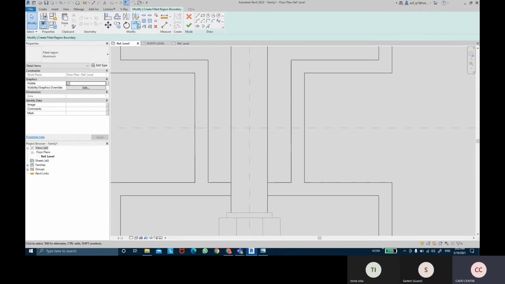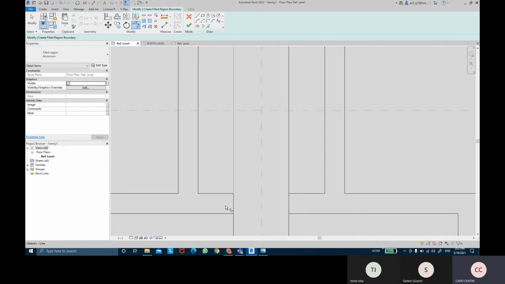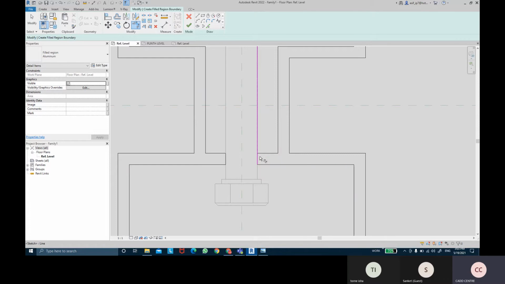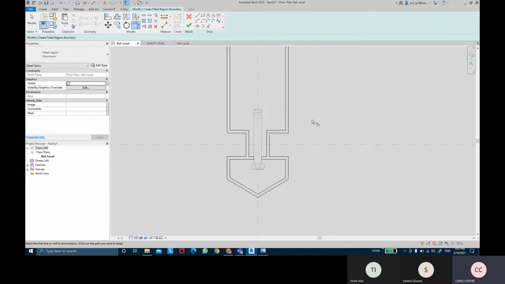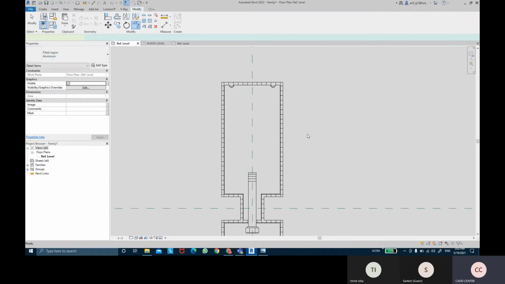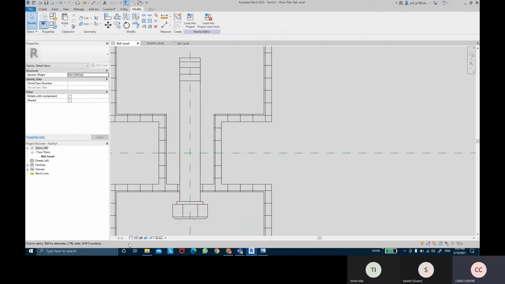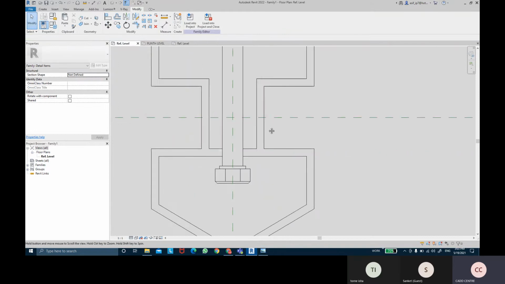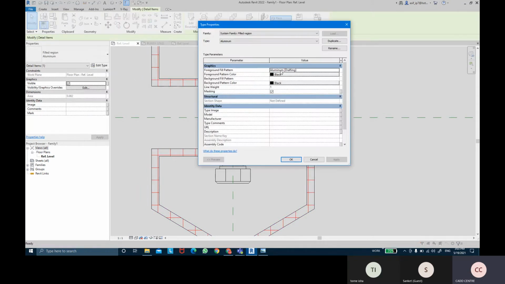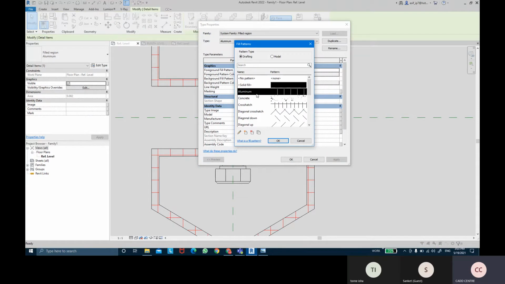Make sure this profile is being enclosed that way. It's the filled aluminium material, and then enter the finish mode details, so that will be filled with aluminium detailings. If you want to change anything detail things, we can come into the edit type and still change the detailing filling patterns.